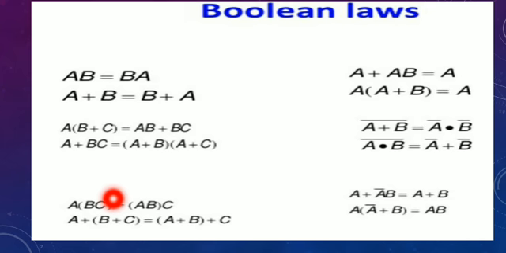A into BC is equal to AB into C. Here A plus BC is equal to A plus B plus C. Right? Now come to this one. A plus A bar B is equal to A plus B. Next one, A into A bar plus B is equal to AB. So we can prove this output. Okay, students. Yes. Next,